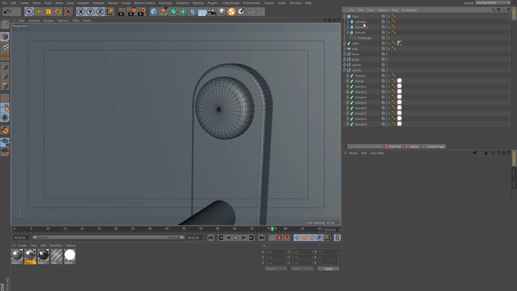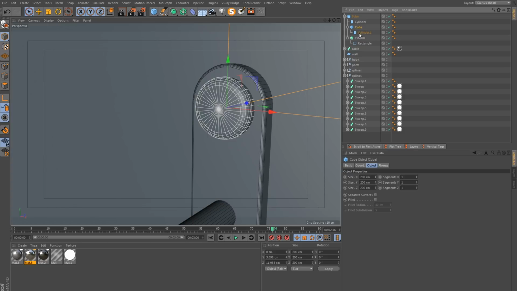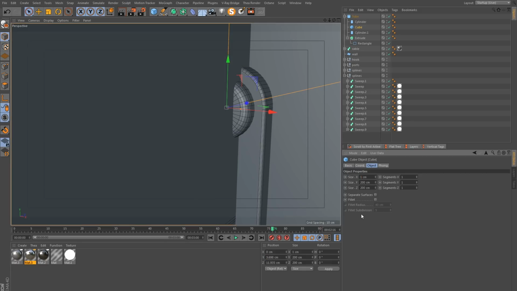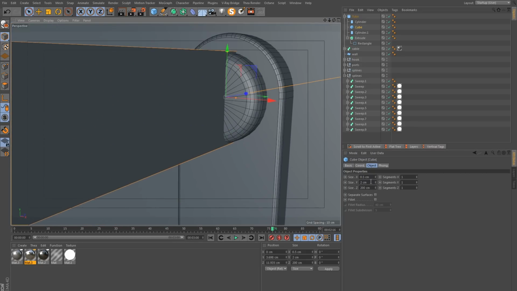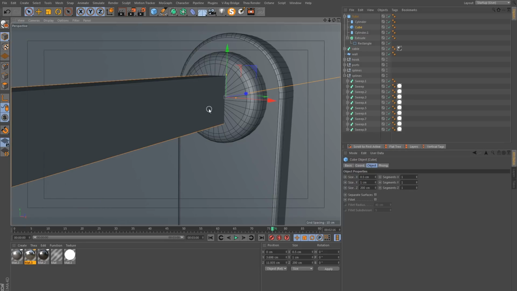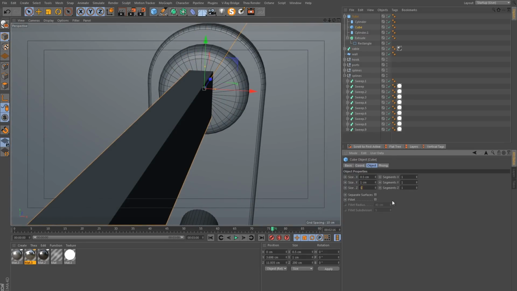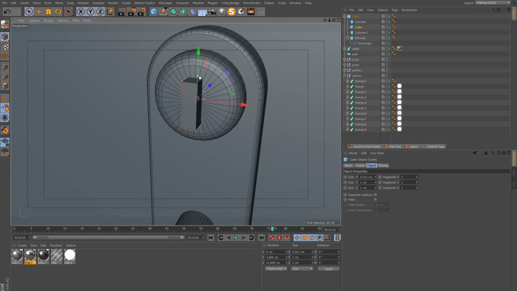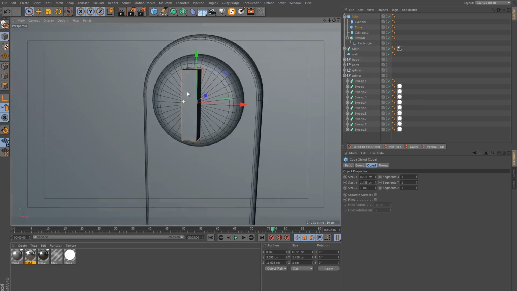And then I will take a cube, insert it in this same position. So hold Alt, get our cube. Just pull this out though, we just needed it for the positioning. It will have an X size of, let's say 0.5, and about 10 for the Y size, which is too large still. Let's say 1. And Z size can be 1 as well. So just something like this, and I can maybe just do this by hand.